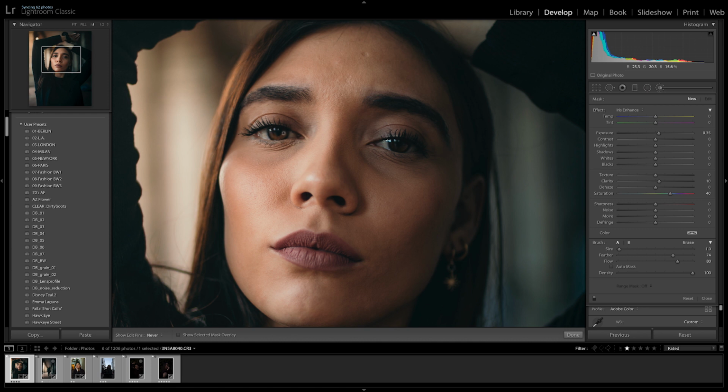So when I go ahead and do the iris enhance, I only stick to the outside of the pupil area. This honestly works really well if you're doing it on a model that has colored eyes like blue, green, or light brown or stuff like that. It really brings out the detail in her eyes and the color, and it just makes them look really pretty. But the brush is a